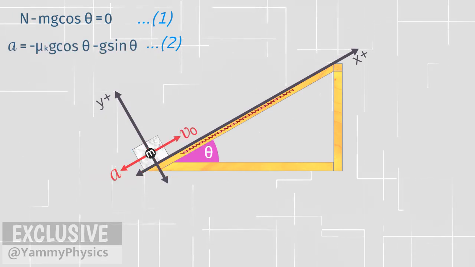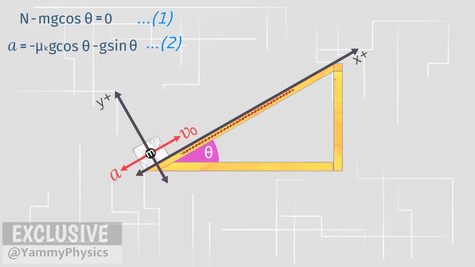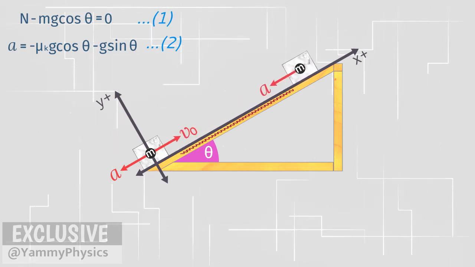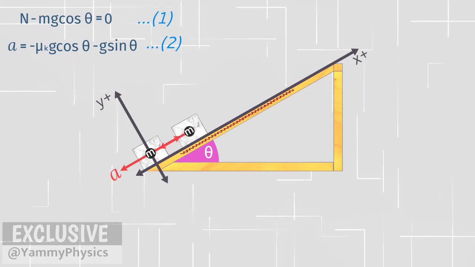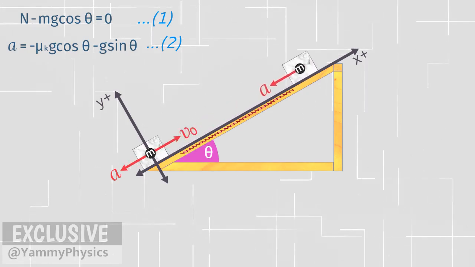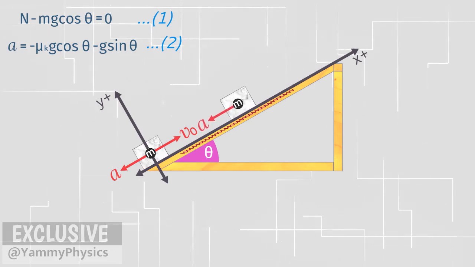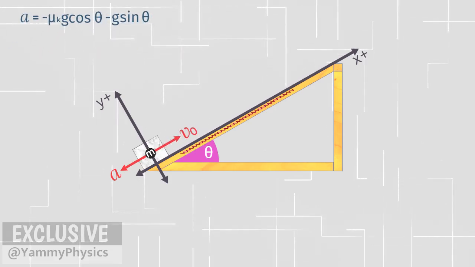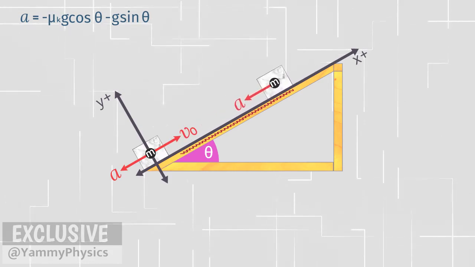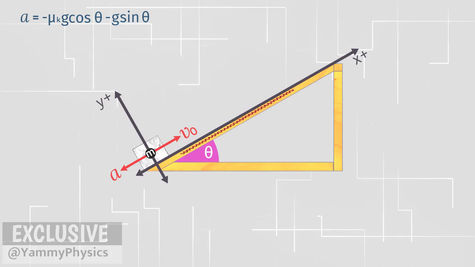The brick moves to the right, but accelerates to the left. The movement of the block will be slowed down. That is why the block will eventually stop at a point. The analysis of the dynamics of motion only goes as far as getting acceleration. After getting this value, we will analyze the kinematics of the motion of the brick.